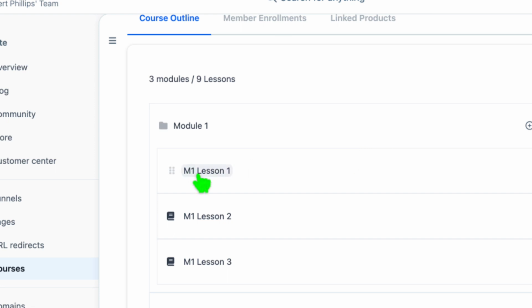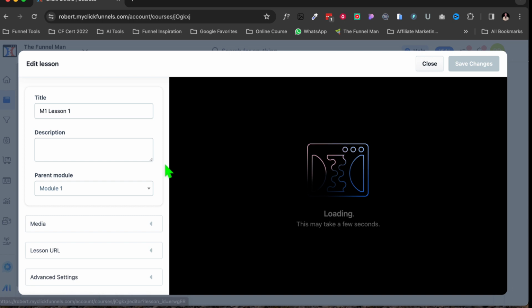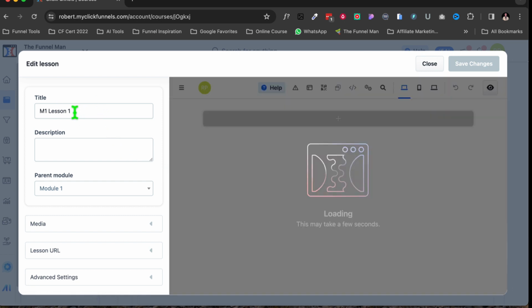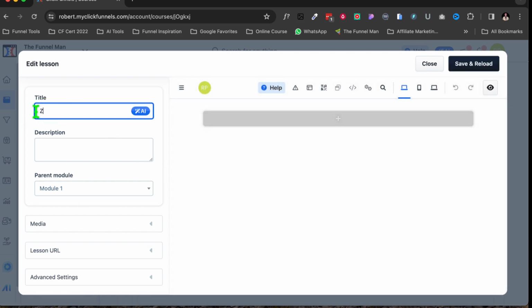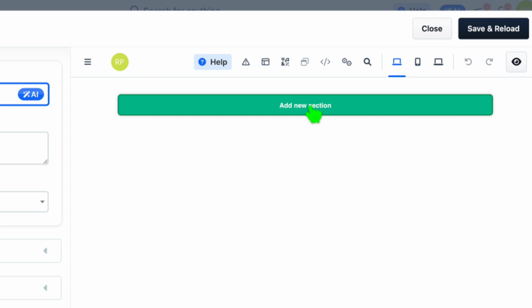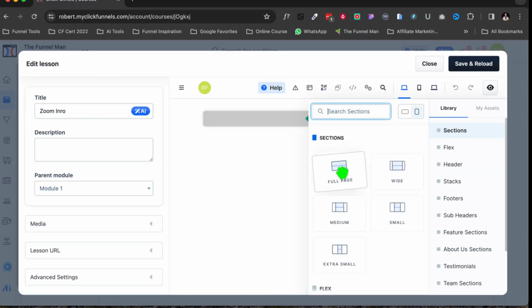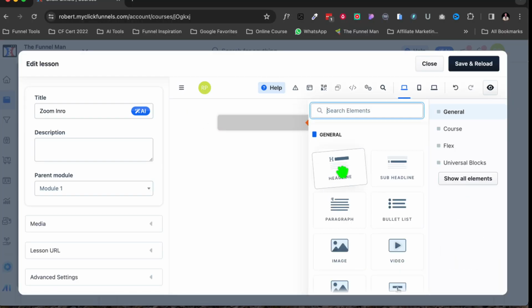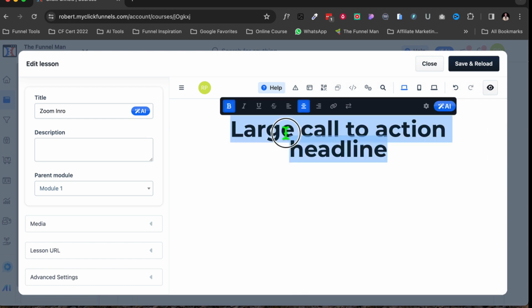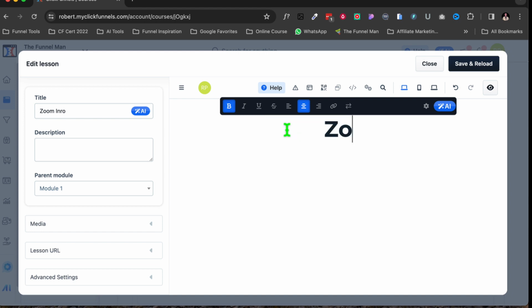So let's go right here. It says M1 Lesson 1. So what you're going to do is you're going to come here, you're going to click M1 Lesson 1. Okay, M1 Lesson 1. Let's just give it a title. Let's say Zoom intro. Okay, let's just do that. So now, if you look here, the parent module is module 1. That's correct. So we're going to go right here and we're going to add new section. Okay, we're going to make it full page. We're going to make it 1 column, and we're going to make it headline. Pretty simple, right? So then you're going to click on this, okay, and let's call it